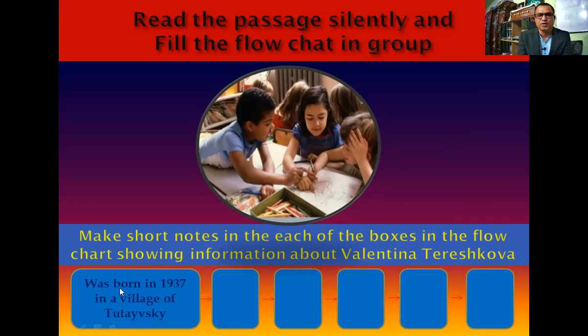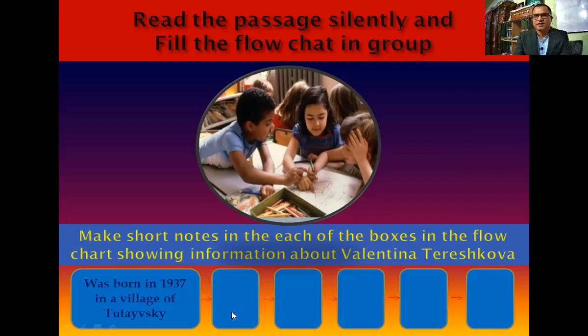The first point starts with the use of a verb, not with the subject, just the past form of the verb. And you must fill in the blanks, the rest of the 5 blanks, using the past form of the verb. Of course, these will be done on the information about Valentina Tereshkova, her works, her activities, and such. So please fill in the blanks of the flowchart in the boxes.